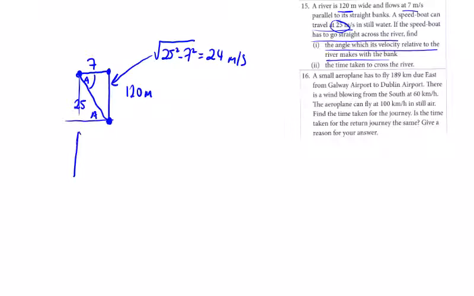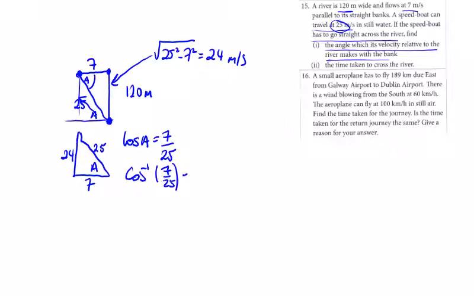If we want this angle A in here, and we have my hypotenuse being 25, adjacent to A is the 7 here. We do any of the ratios. The cos of A is equal to A over H. So the inverse cos of 7 over 25 is equal to 73 degrees,